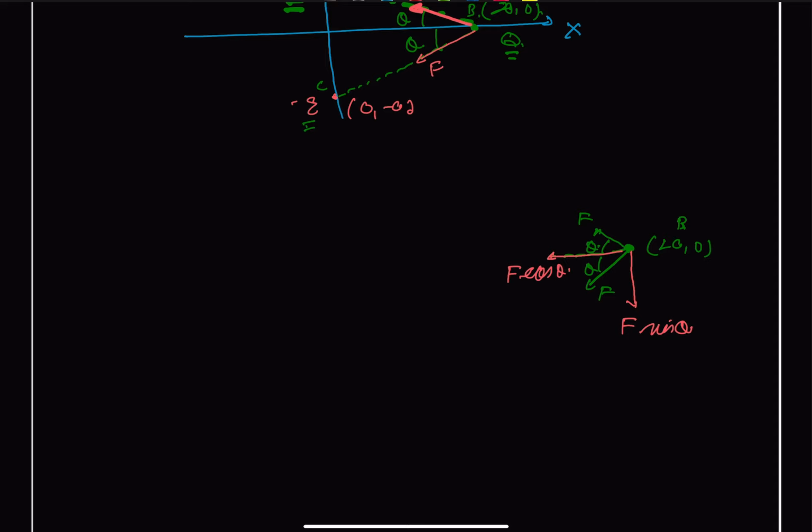And for the other force also, we are going to have our F sine of theta, and the second will also be our F cos of theta. And the F sine of theta and F sine of theta are vertical and in opposite direction, so they are going to cancel out each other. So the resultant force will be only in the x direction, that is the summation of F cos theta and F cos theta. So we can say that